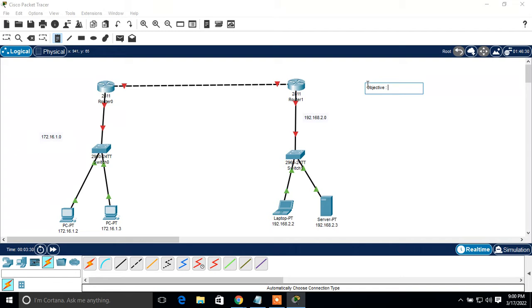Right, 172.16.1.2 should not ping 192.168.2.3. This is our first objective, and our second objective is